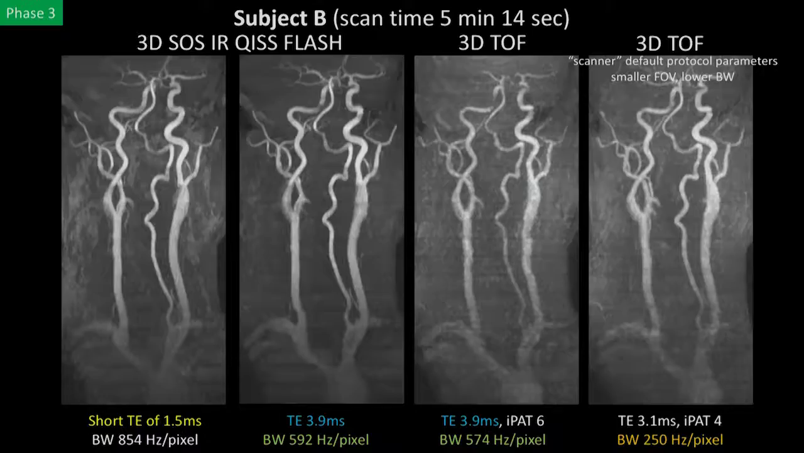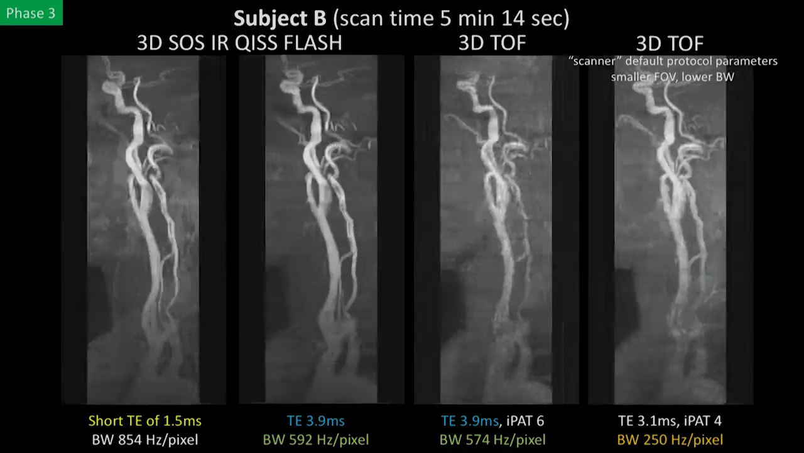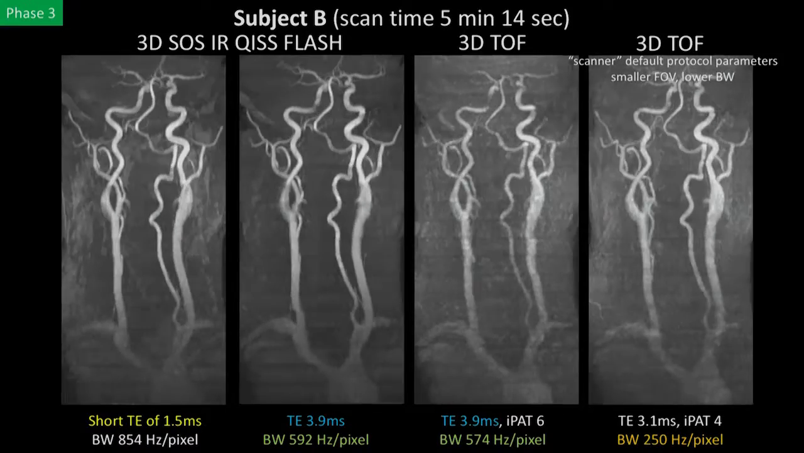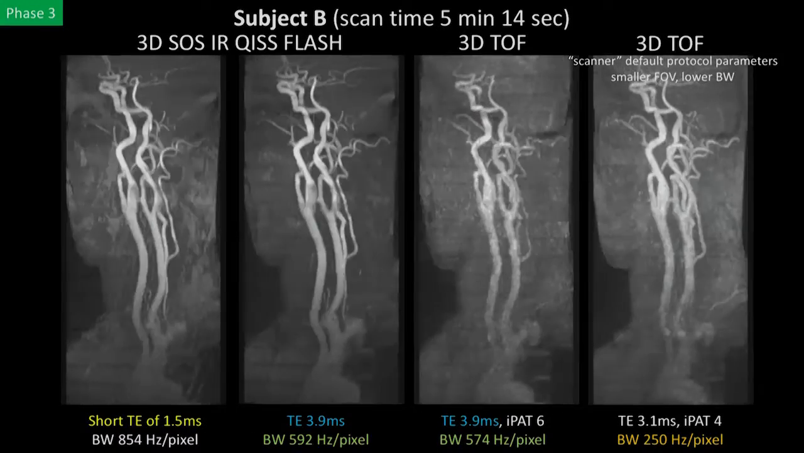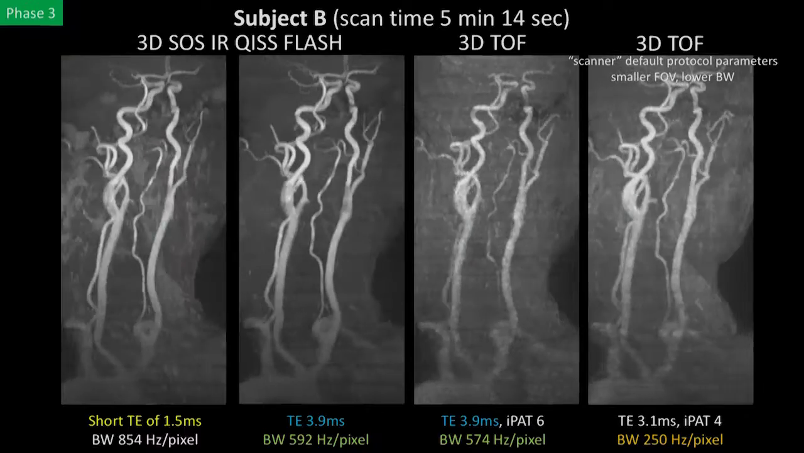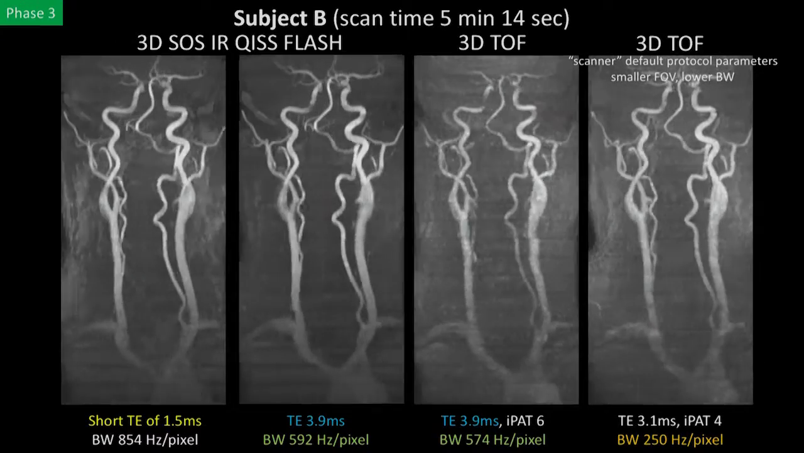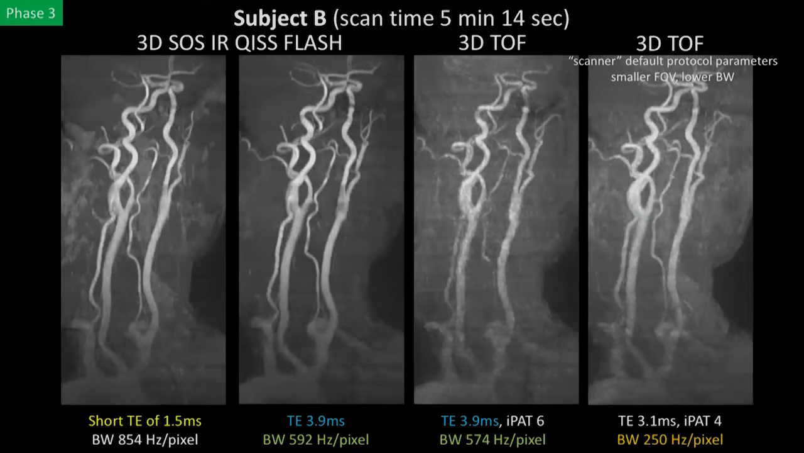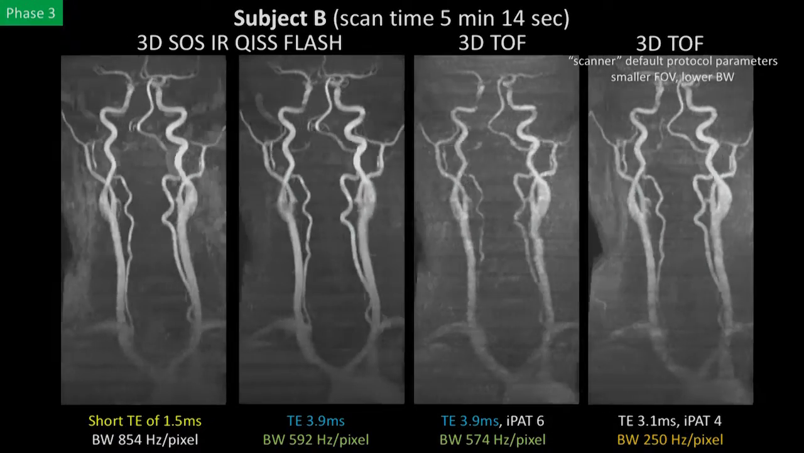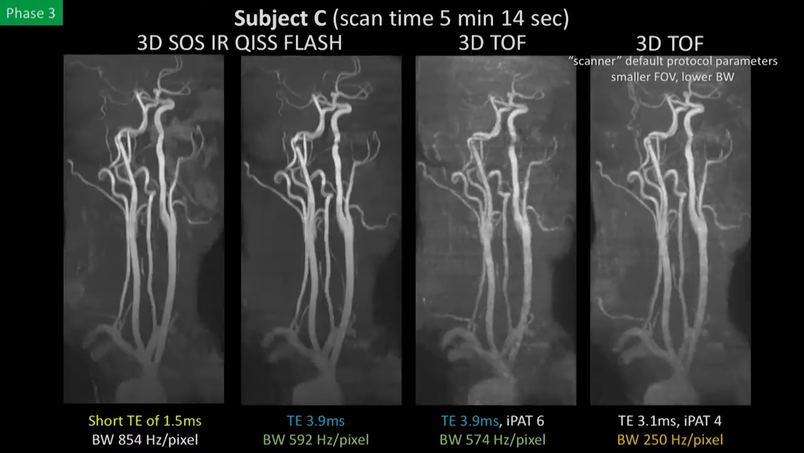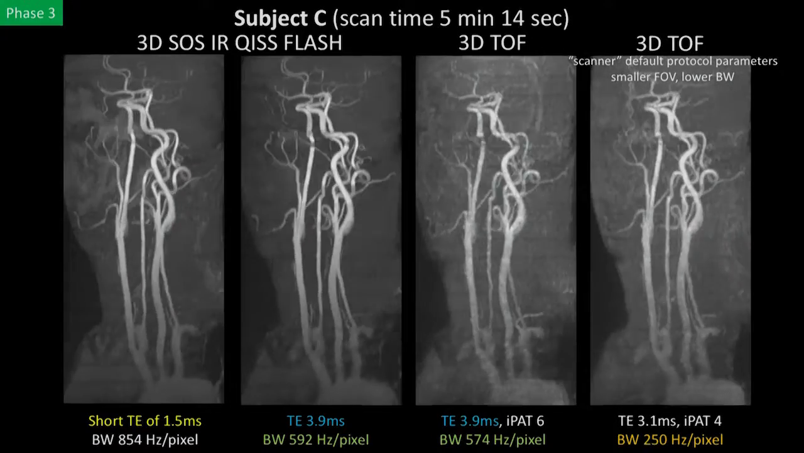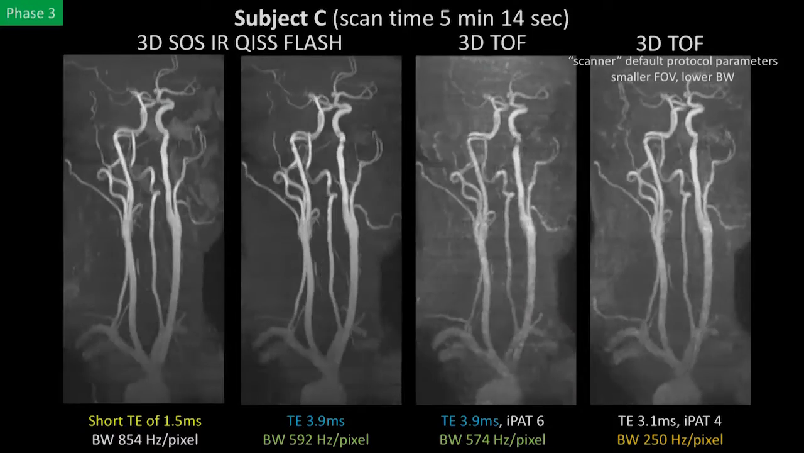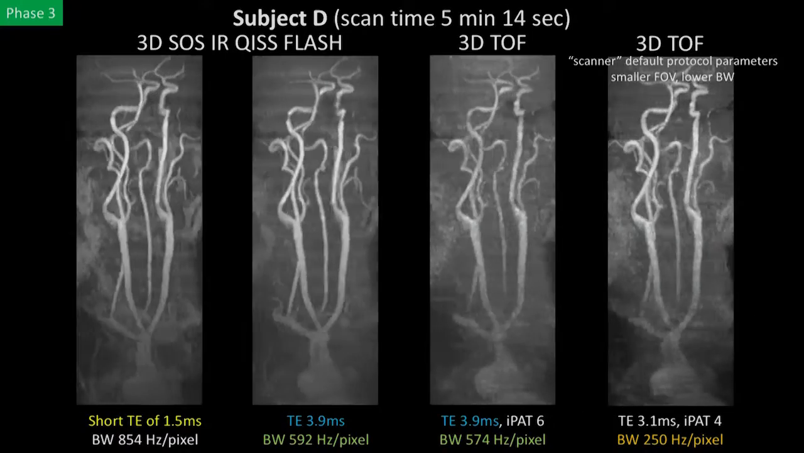So moving on to another subject, pretty much the same story here: improved display of the vessel origins with the stack of stars inversion recovery KISS flash acquisition, and generally better image quality when we compare the stack of stars KISS flash to the 3D time of flight scans trying to match scan time and anatomical coverage. Another example here, again, better display of the vessel origins than with the time of flight scans. And finally, another case,